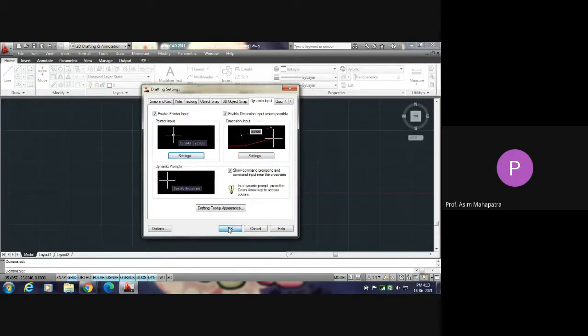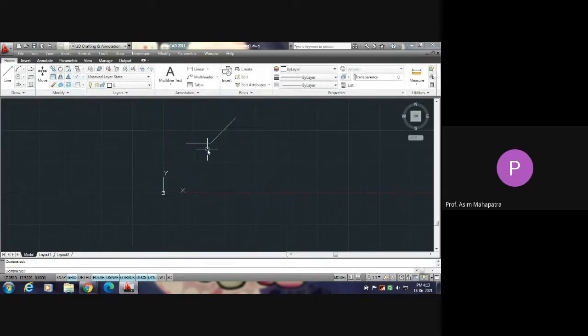I think it is clear to you now, but still, if you are unable to make this relative coordinate as default, what will you do? You have to type the @ always, nothing else. So you click on the point, then you have to type @ 10, 0, then enter.